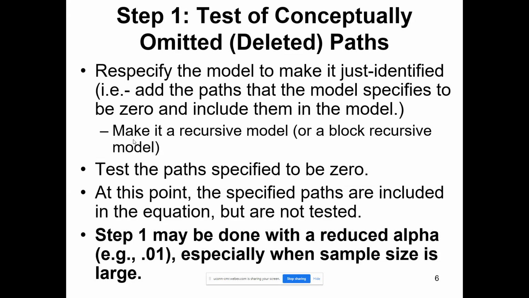So yes, there's this correlated disturbance here, but if you think about the tracing rule, it doesn't actually backwash into B or A. And because they're at the same level,